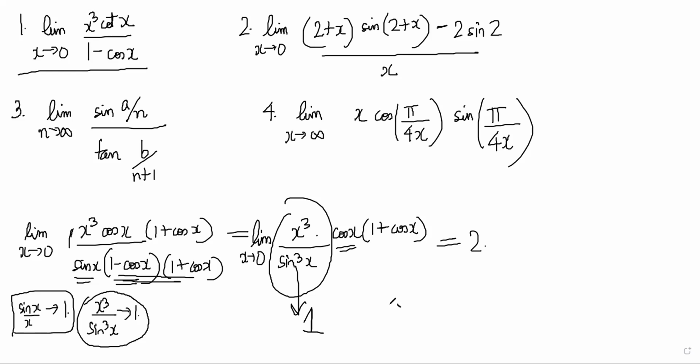Got it. So basically the idea is to use the trigonometric limits that you know somehow, and try to get the thing, right? So this is one of them. Then the second one, for example,